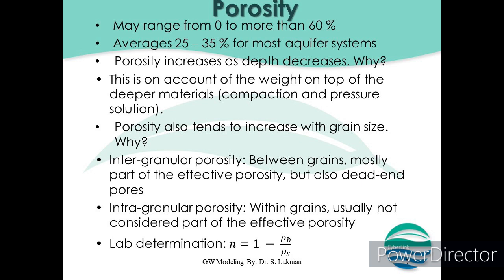Now, intragranular porosity. Within grains, usually not considered part of the effective porosity. It is not considered part of the effective porosity because usually it may not constitute groundwater flow. They are internal pores. Now, what is effective porosity? Okay, we are just going there. How do you determine lab determination of porosity? N equals 1 minus bulk density over the solid density. That takes us to